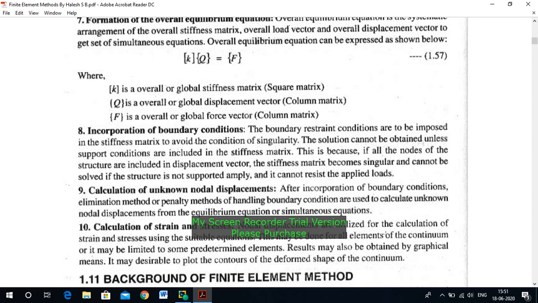It is very important, because if you consider any steel bridge or any type of complex geometry of a structure, after application of the load, with the help of this finite element method or FEA method, we can easily find out how much stress and strain is developed at each and every point due to the application of the load.